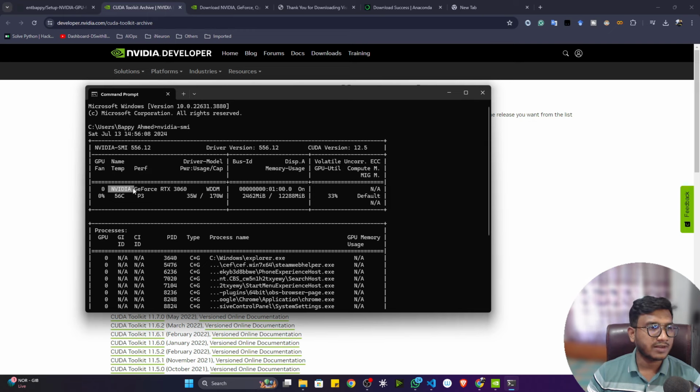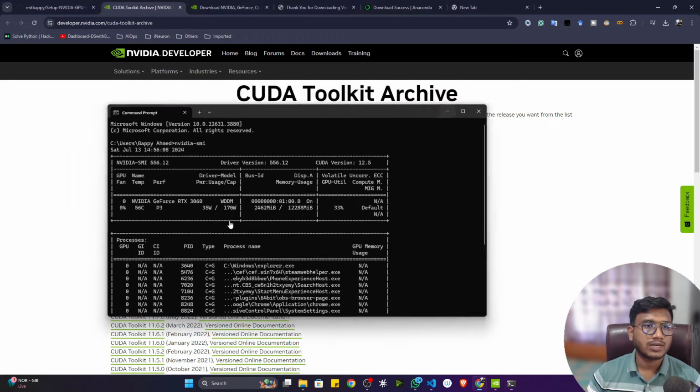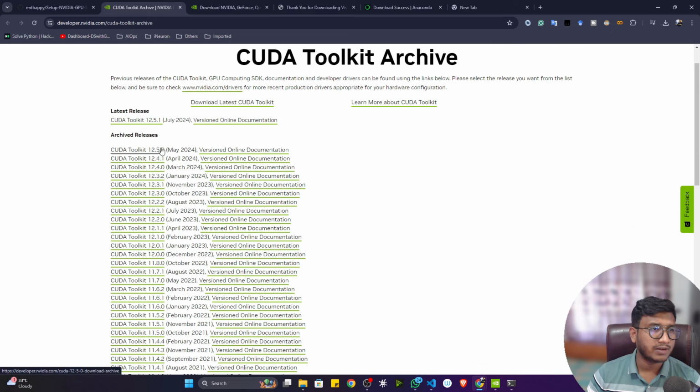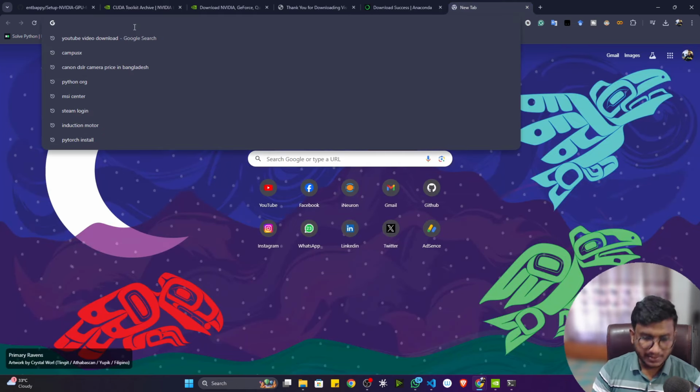See, here I'm using an NVIDIA GeForce RTX 3060 GPU, and you can see this is the driver version, the driver I have installed. And this is the CUDA version I'm having. It supports 12.5, so the maximum CUDA version you can see is 12.5. But I won't suggest installing this latest one. What you can do is simply check your deep learning package,